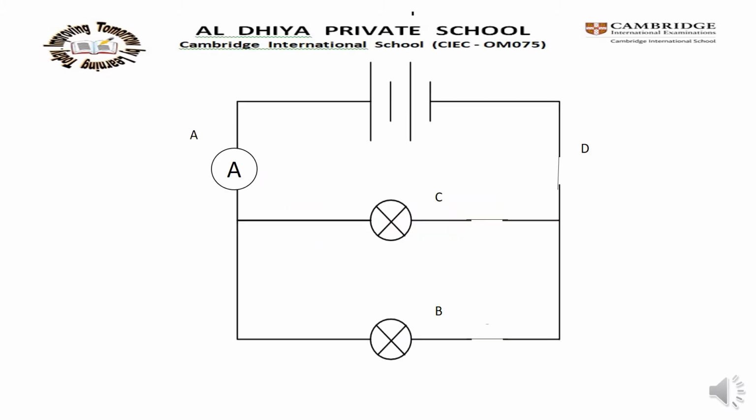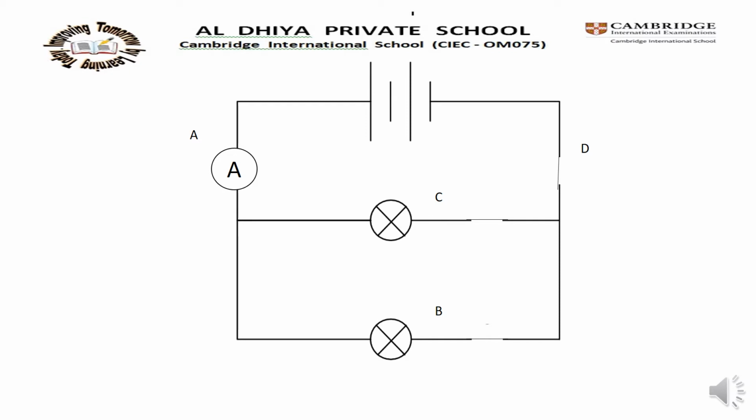Okay? Children, in a parallel circuit, the ammeter reading is in this way. Look at the picture. Here A, B, C and D. And then one ammeter, one cell is there, two bulbs are there. At points A and D, the readings are the same. At points B and C, if the lamps are identical, the readings will be the same and exactly half the reading at A and D. For example, the readings at A and D are 40 ampere. The readings at B and C will be 20 ampere.